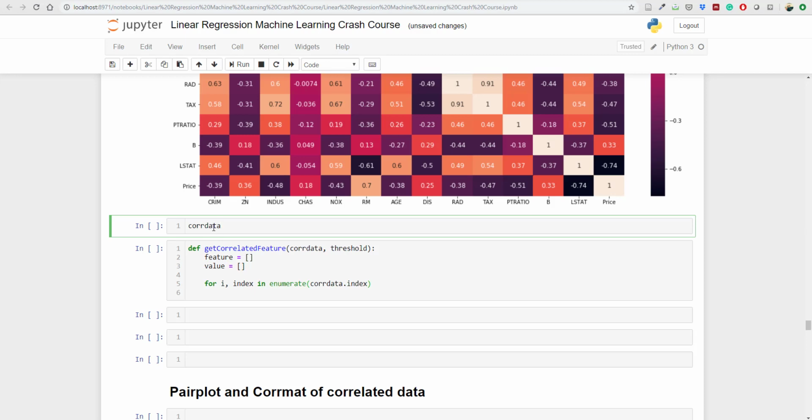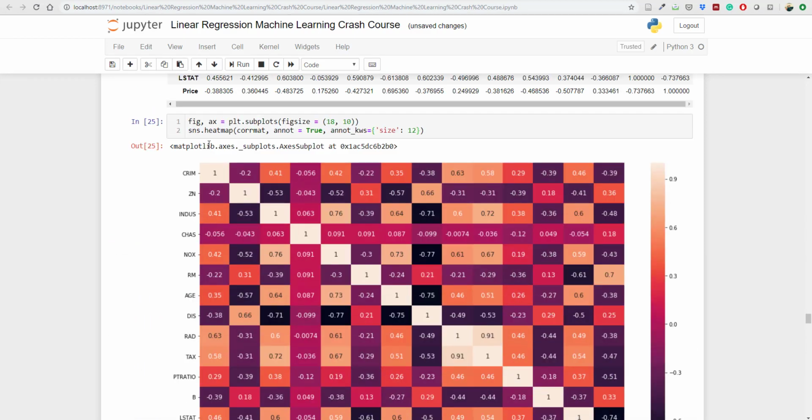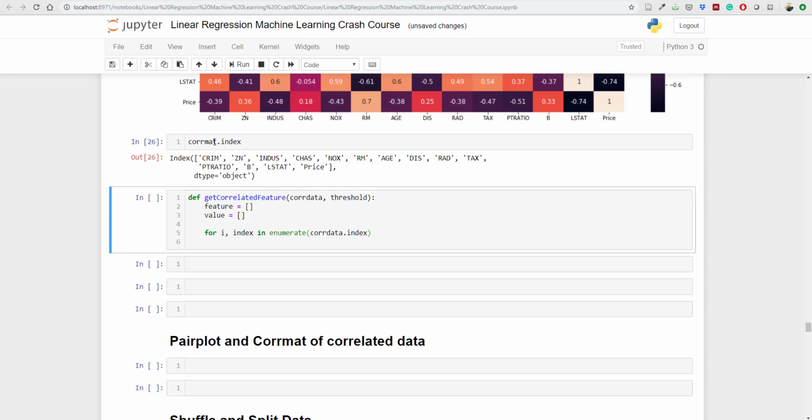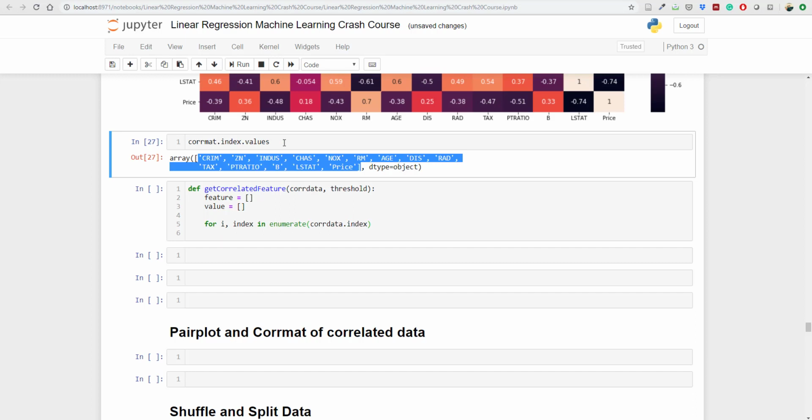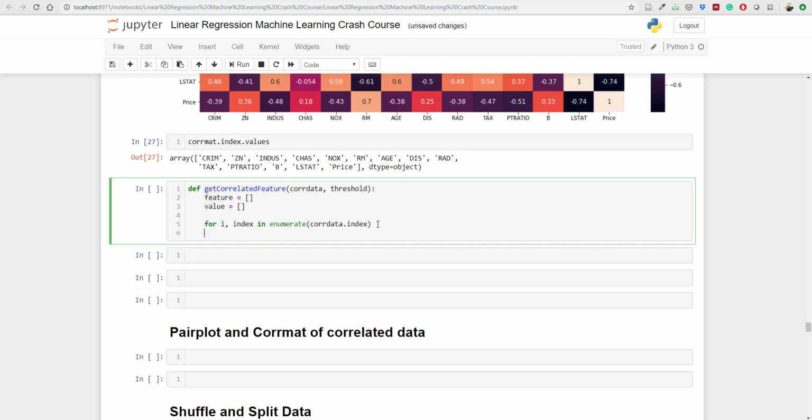Sorry, yes. So here we have a Corrmat. Actually we have a Corrmat index. So these are the Corrmat index, and if you write here the values, then you will get the values of these core index. Okay, so these are the values. So I'm going to enumerate these values: crime, ZN, etc. So let's go ahead